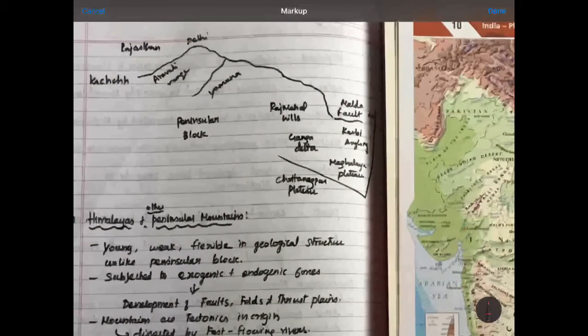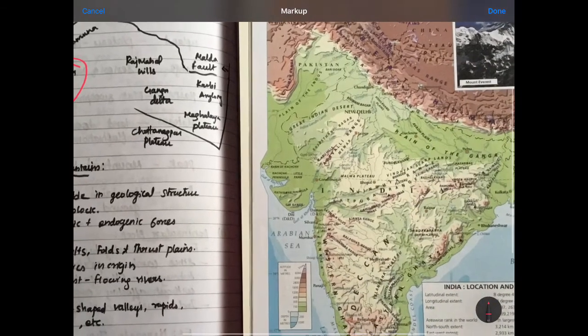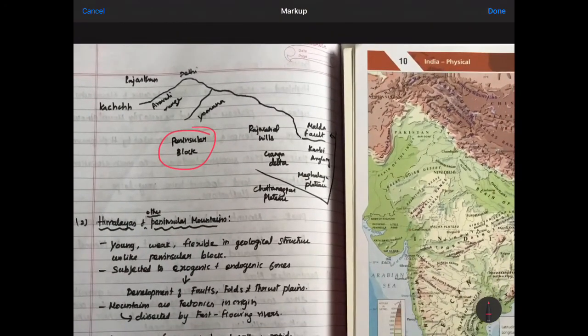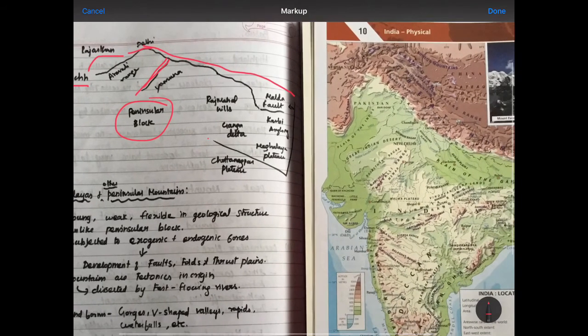So this peninsular block, as given in the book, I just made some pictorial presentation so that you can remember it as well, and I will also explain with this map. Okay, so it is an irregular, line-like structure that starts from Kutch, and certain extensions are present in Rajasthan also, and it passes through the Aravalli range to Delhi. From there it is approximately parallel to the Yamuna, and it covers up to the northeastern part, and is differentiated from the Chota Nagpur Plateau.